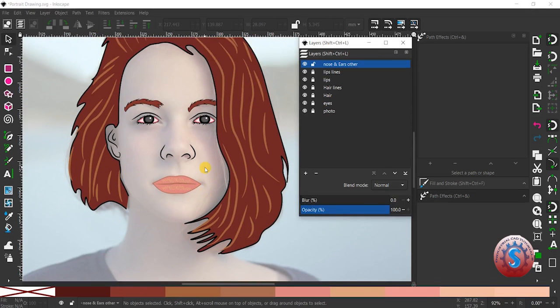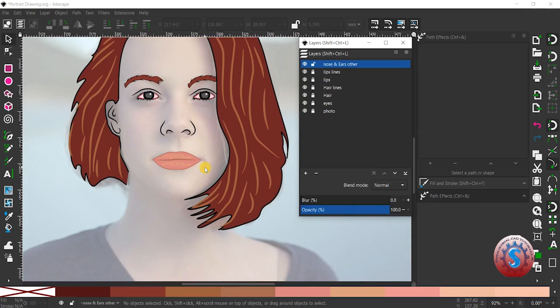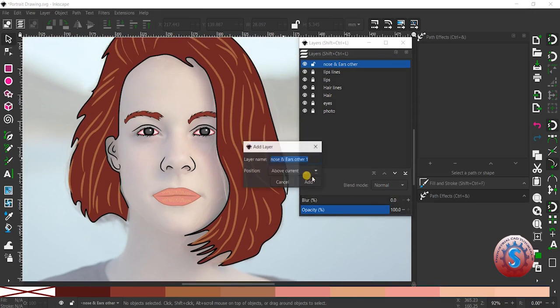I am giving the layer name as face. You can observe I am giving the face and the other things I explained. I will give all the details. This is the complete tutorial. Then I will explain how to give shading on the portrait drawing. This is a portrait drawing of a woman.